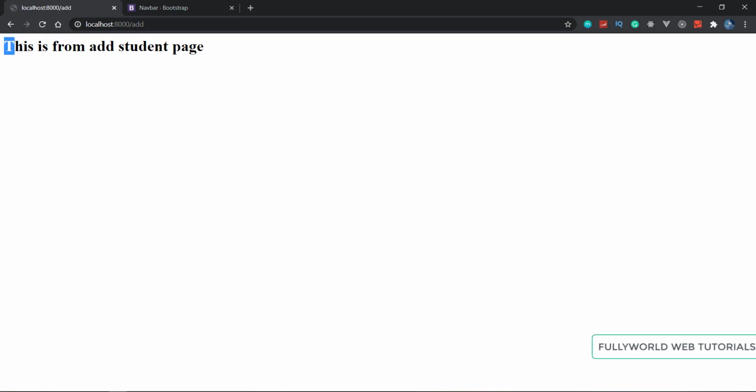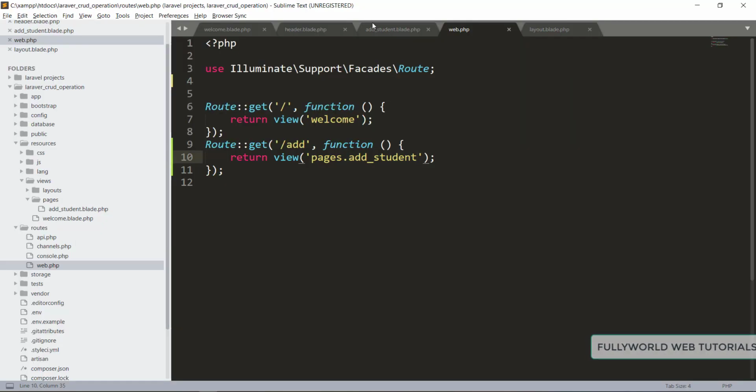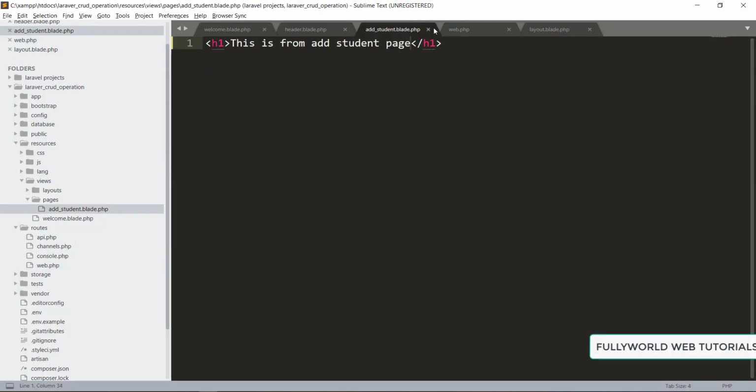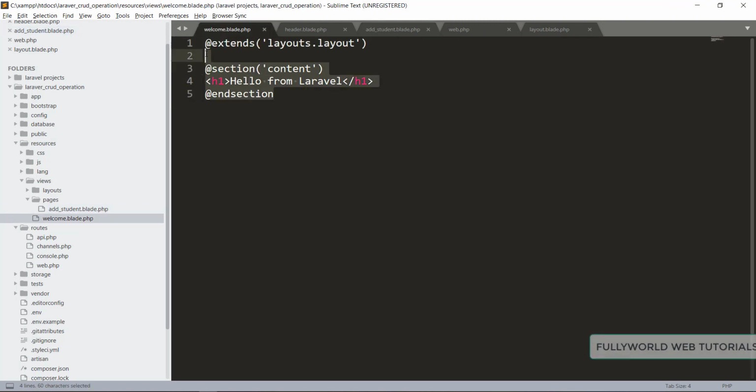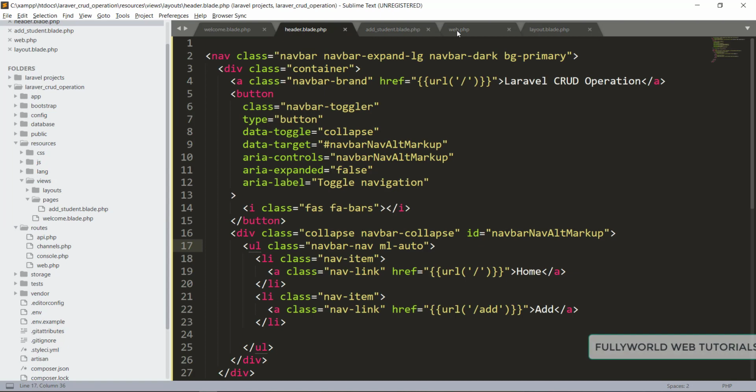See that this is from add student page. Now there is one problem: the navigation bar is not there. Why is this happening? This is because we haven't extended our layout. We have to do the same thing that we did in the welcome.blade.php. If you don't know about it, please watch my previous video first.